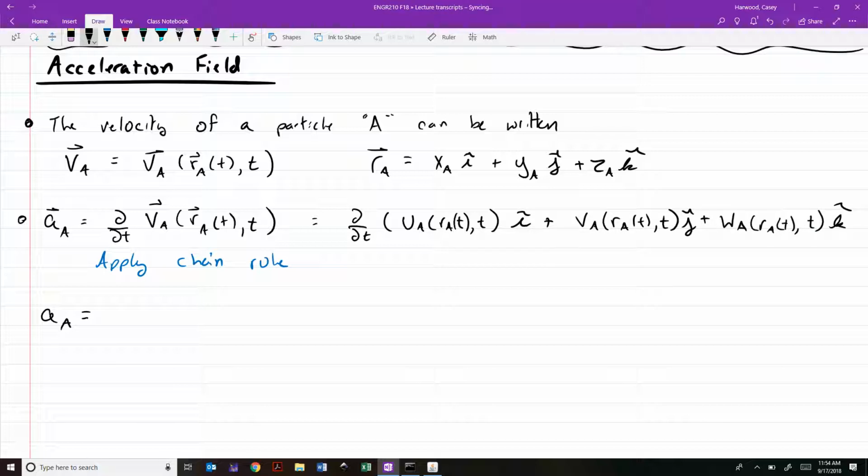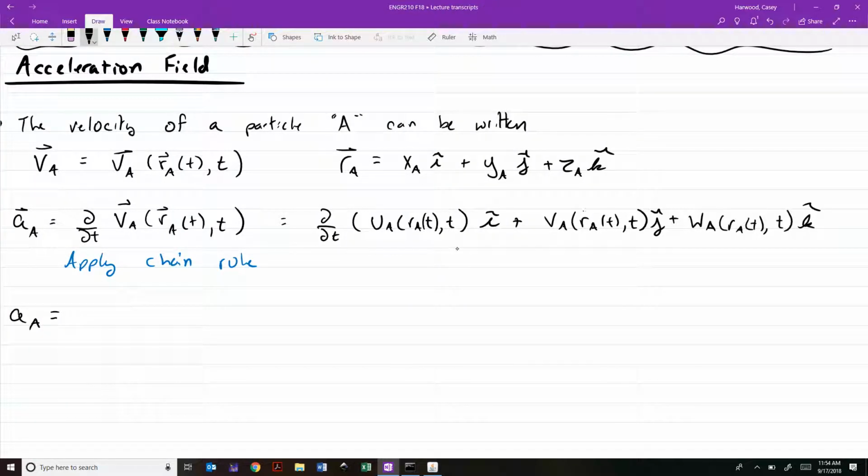U, v, and w are respectively the x, y, and z components of the velocity of particle A. All we're saying here is, let me put that in square brackets, we're taking the time rate of change of the velocity vector. So writing this now in component form with the chain rule applied, we would get